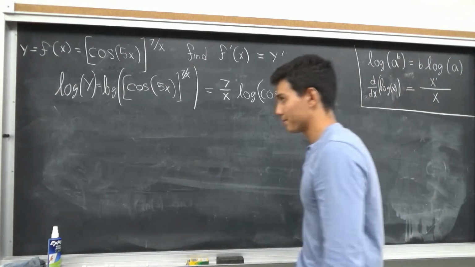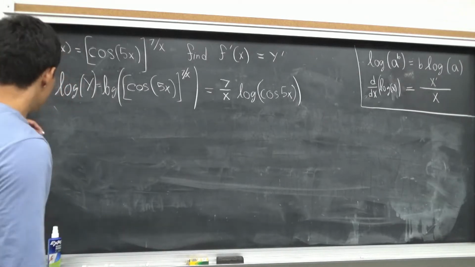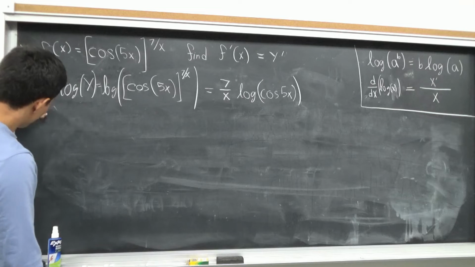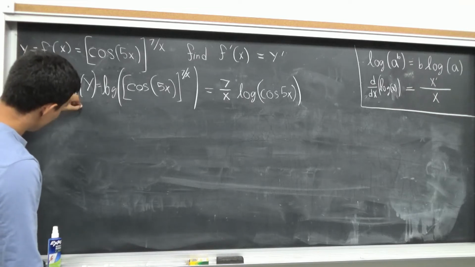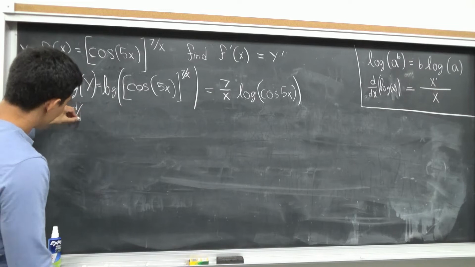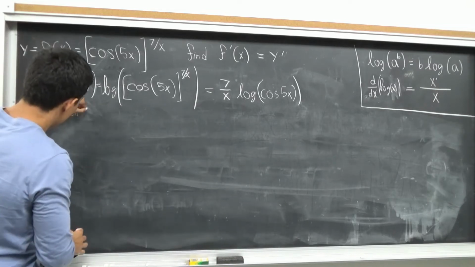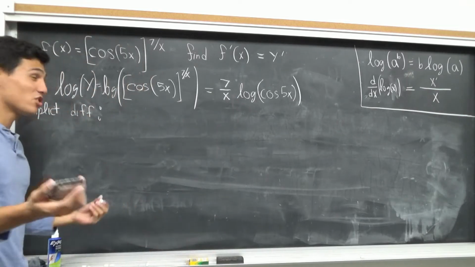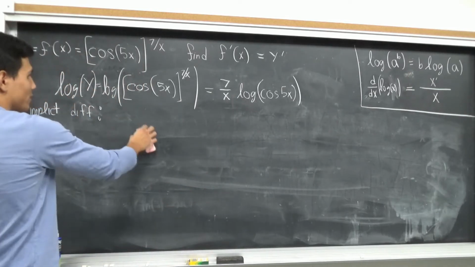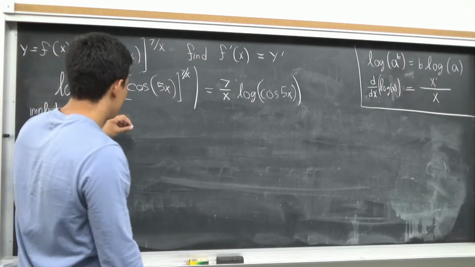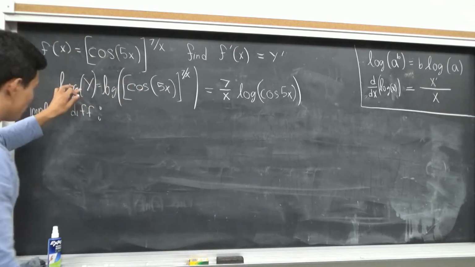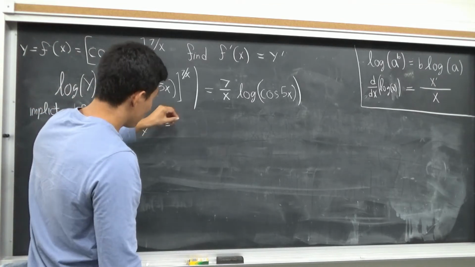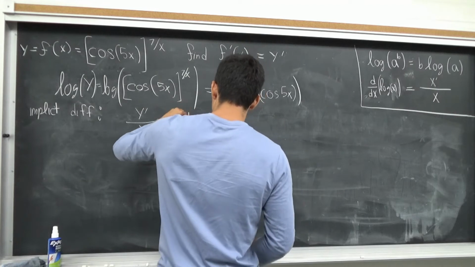And that's really nice. So now what you can do is take the derivative of both sides. So implicit diff. You're taking the derivative of both sides, so it's not changing anything, everything's logically consistent here. So the derivative of log of y is just going to be y prime over y, and the derivative of this side, we'll write it as d dx,